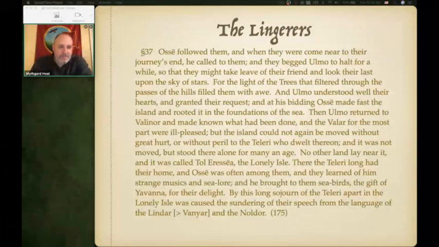But then in the middle of it, there's this one bit which stands out to me. "But the island could not again be moved without great hurt, or without peril to the Teleri who dwelt thereon." Really? Why? He ripped it out the first time. Didn't seem to do anybody any harm, right? Why? Sure, I'm not saying it's implausible. I'm not saying it's ridiculous. I'm just saying,